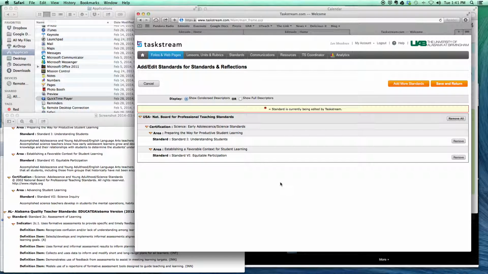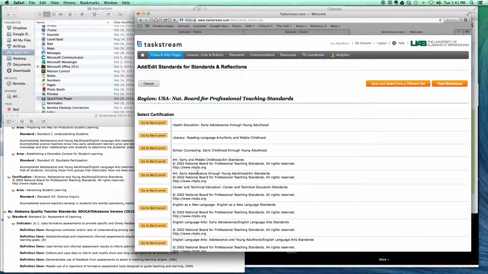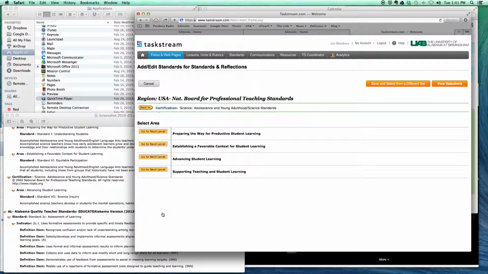Now, for the sake of this exercise, I had also chosen one as examples from middle school. With national boards, you would never choose what I'm about to do. I'm sorry, what I'd chosen before was middle school. Now I'm going to the high school standards. You would never choose both, because if you were doing national boards, you'd be either a middle school teacher or a high school teacher. But for the sake of getting my standards back and showing you how it works,